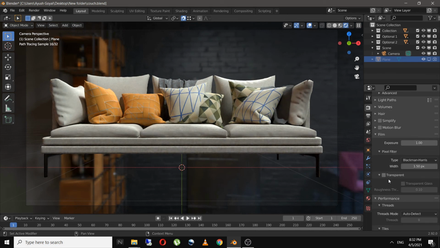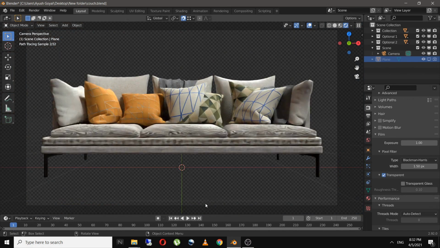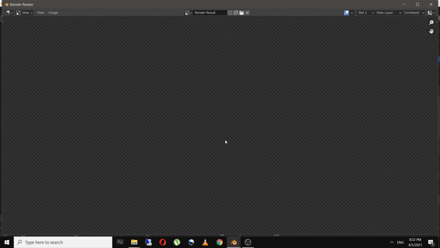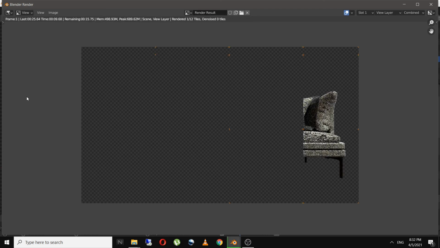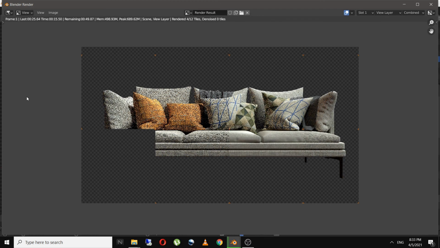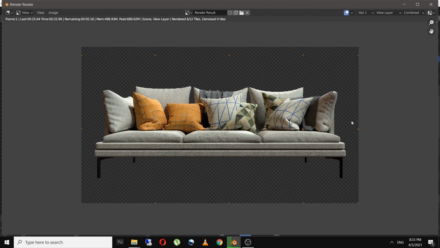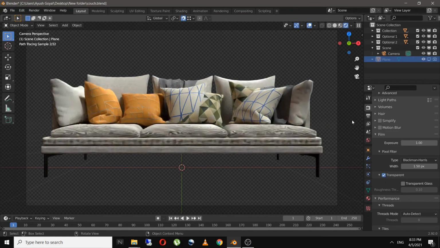So in render properties, go to film and enable the transparent. So once you enable that, as you can see, we don't see the background anymore. So the HDRI lightings will still be there, but the background will become transparent. So this is a very handy trick.